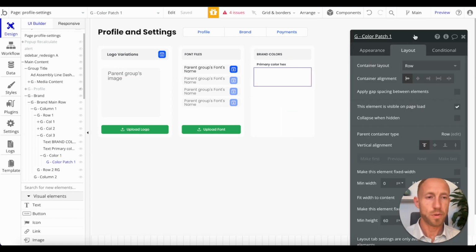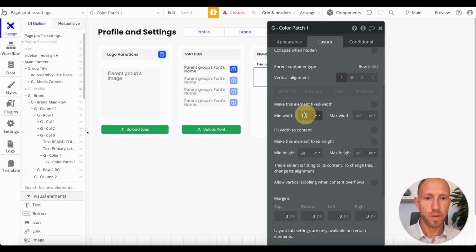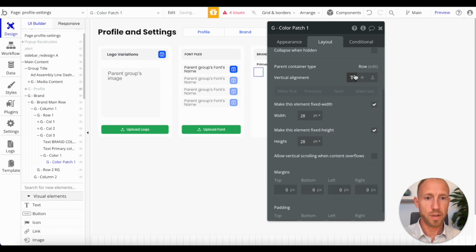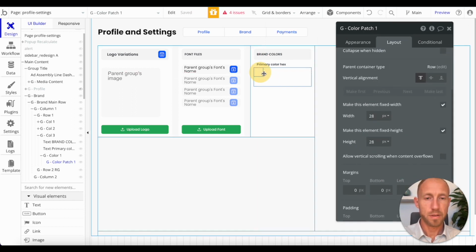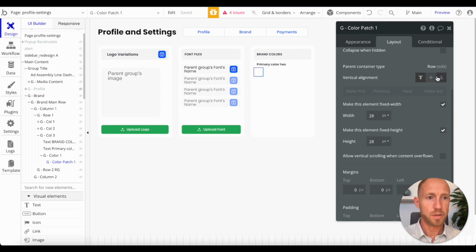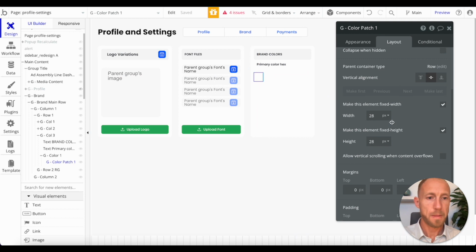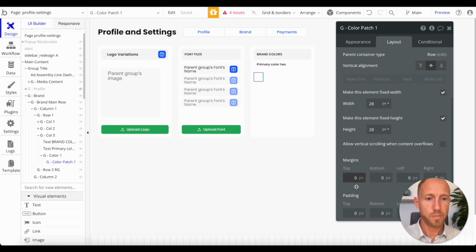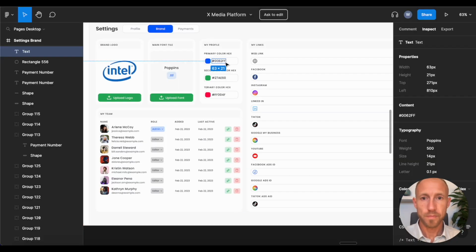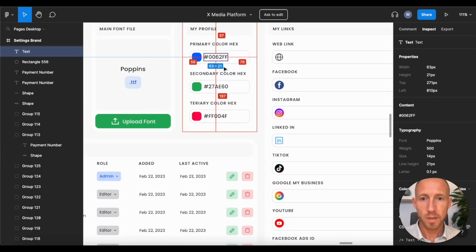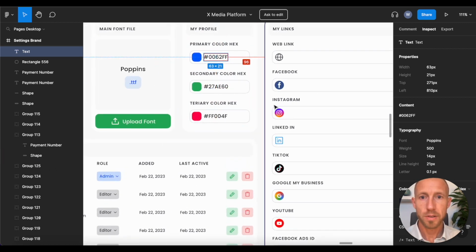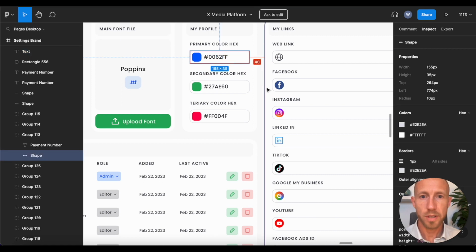What we're going to do with this one is define it with maybe a, I don't know, 28 by 28, making it fixed width, making it do all of these types of things, and bring it in maybe. Let's see if we look at this, got it. So we actually have